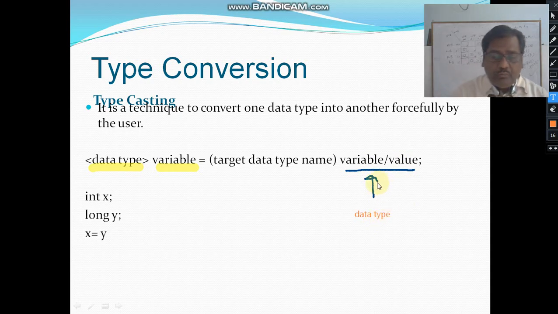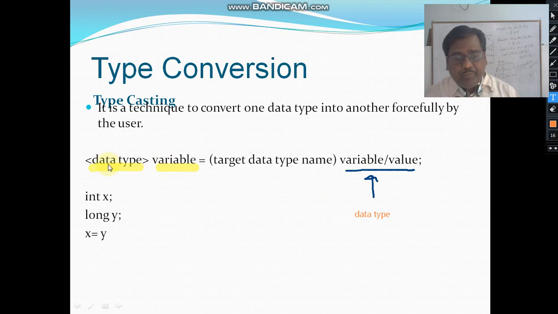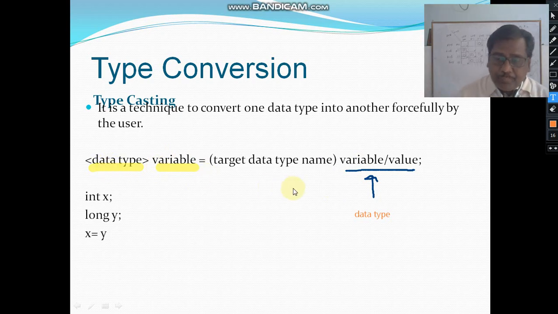You want to store the right hand value in the left hand variable, but the data types are different. When the left hand side is large and the right is small, it goes automatically. That is called implicit.